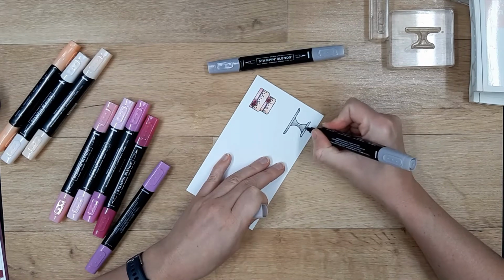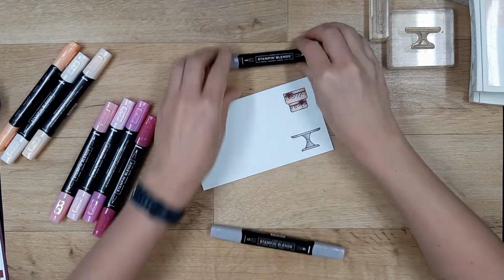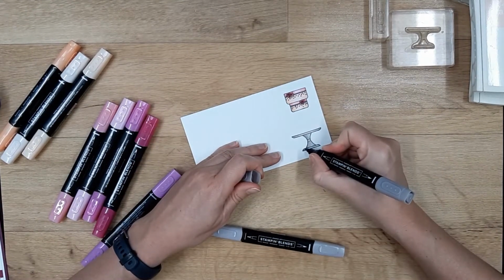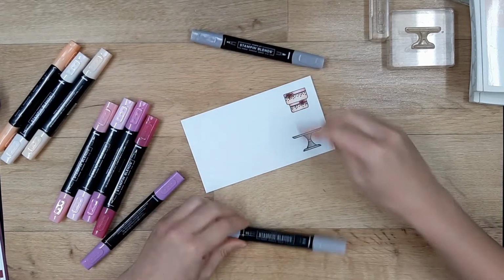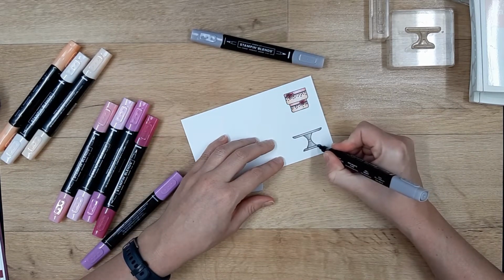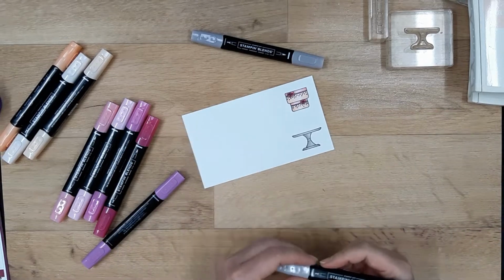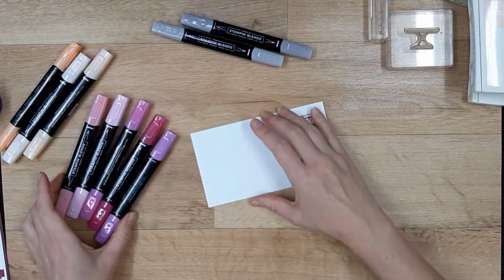And I'm going to go back in here. And the same way I coloured the top, that's how I'm going to colour this one. So I'm going to follow that line, that curve, and then I'm going to go over the dark bit and the light bit. And there you go, that's my stand. And I'm going to go and add,